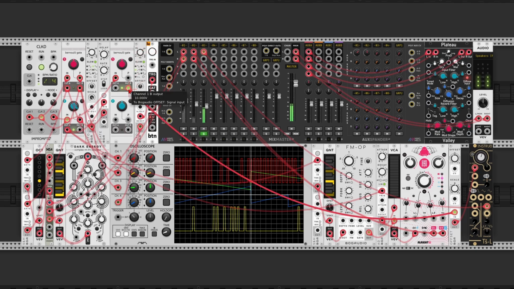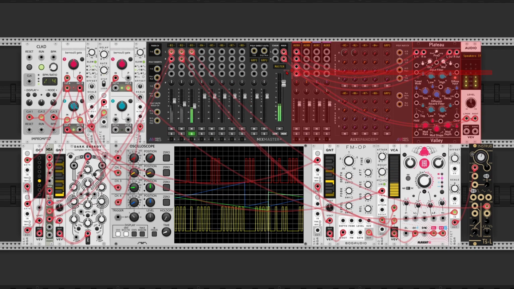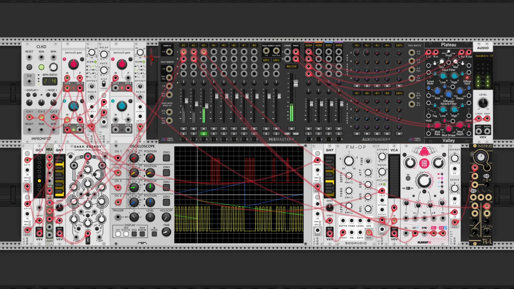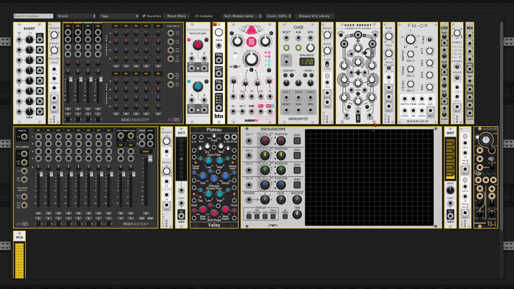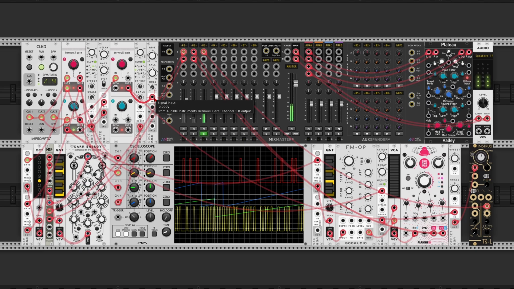So all that is left is to let the change in the B output value cause a trigger signal to be sent to the reset input. And there's a module that can do that for us. Let's remove the button again. And we'll add in an Edge module from Bogaudio. Connect the input of the Edge module to the Bernoulli Gate output, and now the Edge module will monitor that